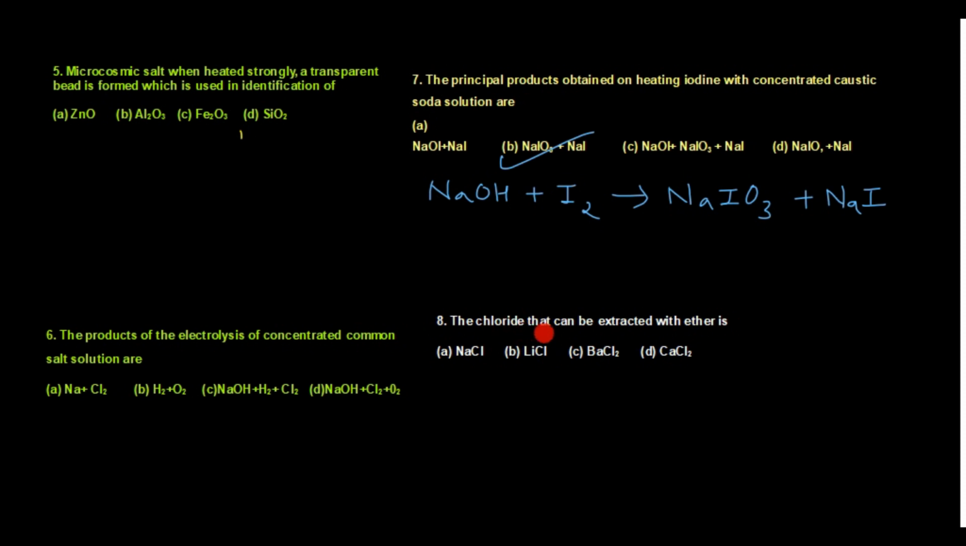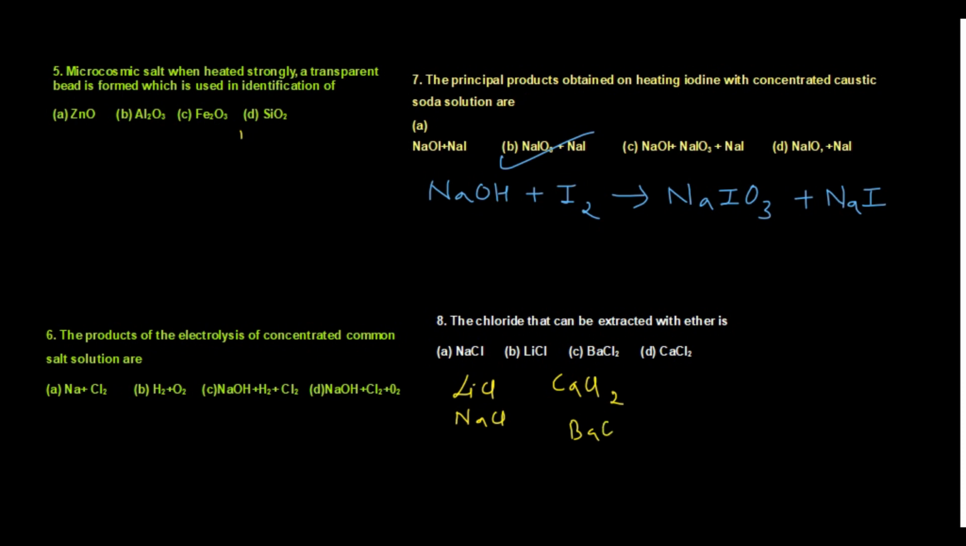The chloride that can be extracted with ether is NaCl, LiCl, BaCl2 and CaCl2. Now again, this is a simple problem, but some concept is involved here. Okay, so you have to look for the details also. Say if I write here my lithium chloride, right? After my lithium chloride, I am having my sodium chloride, and after here your calcium chloride and your barium chloride